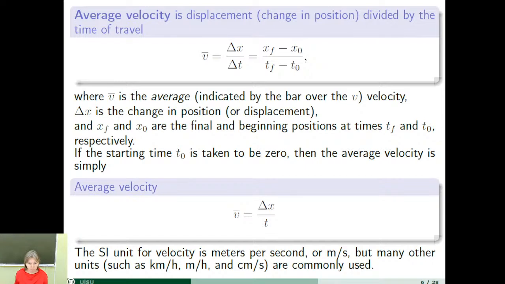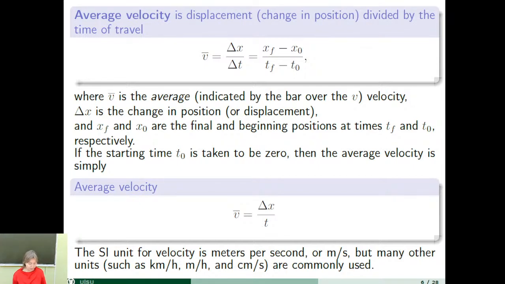Average speed is calculated as the distance traveled over the total time of travel. In contrast, average velocity is defined as the change in position, or displacement, over the total time of travel. Average velocity is displacement divided by the time of travel,